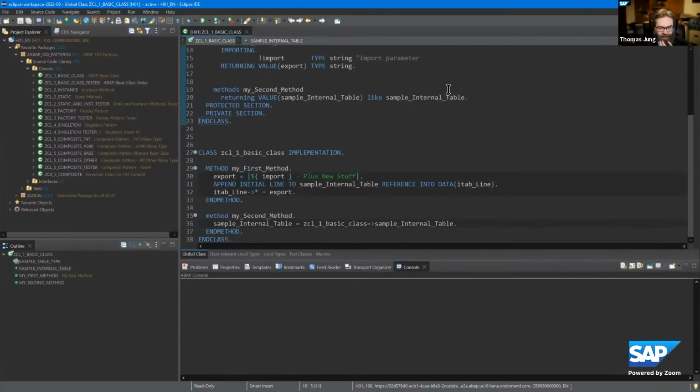Now, the implementation of the class, there's not a whole lot to this implementation. The first method, we're going to take whatever the importing value is, and we're going to concatenate it together and just add on a little extra here, say plus some new stuff, just to know that we've manipulated it a little bit, and then we're going to export it out. So we're going to send it back out as the returning parameter. But we're also going to take whatever is in that exporting parameter, and we're going to write it to our internal table. So every time someone calls this my first method, we're going to write a record into this